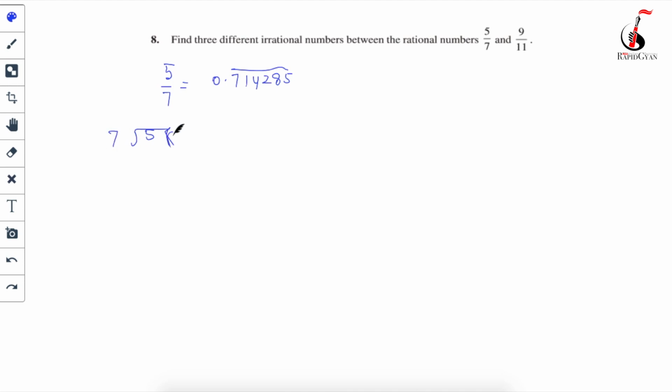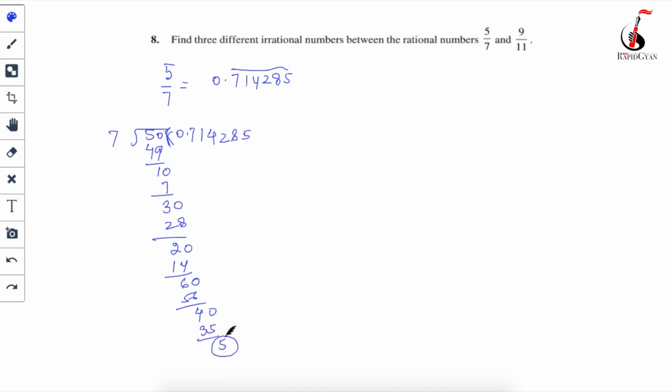So this is 7. So 5 is not divisible, so this is 0. I will put 0 over. Then 7 sevens are 49, then I will get 1. Decimal is already there. 0, 7 ones are 7, it's 3. Decimal is already there, it's 0, so 7 fours are 28, and then it's 2. It's 0, 7 twos are 14, then it's 6. 0, 7 eights are 56, then I will get 4. 0, and then 7 fives are 35, and then I will get 5.